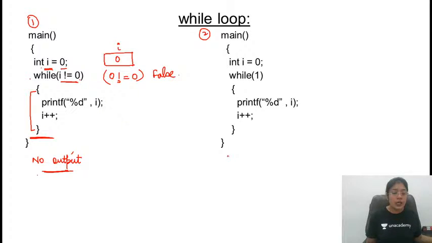0, 1, 2, 3, it will go into infinite loop. Yes, this will go into infinite loop. Why? Because the condition, where the condition should have been given, the value is hard coded. Value is hard coded. So this means that